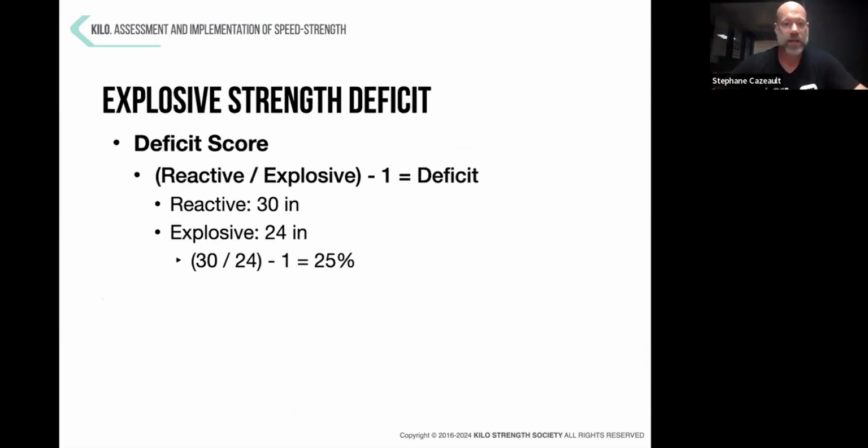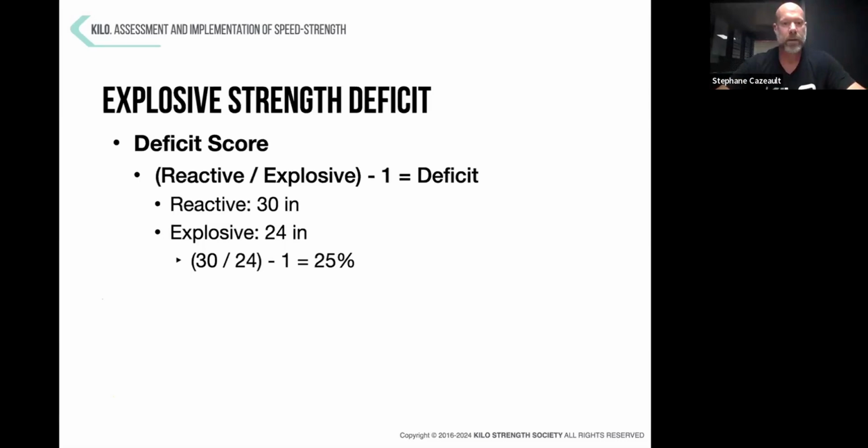So the interpretation, so we're looking at a deficit. So what's my explosive strength deficit compared to reactive? So reactive, counter movement, explosive, squat jump. So as an example, if with the counter movement jump, you jump 30 inches and the squat jump, you jump 24 inches, you simply divide your reactive by your explosive minus 1, and that's going to give you your deficit percentage. So in this case,